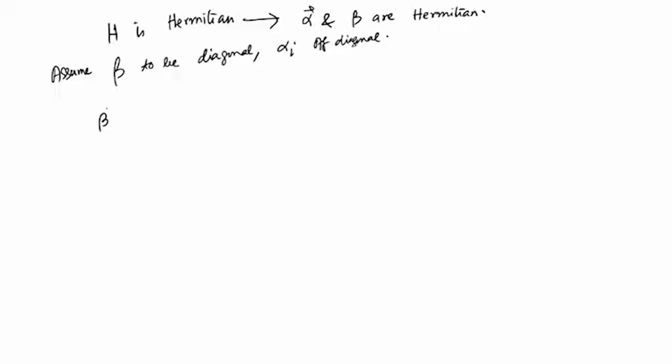Okay. So, the square of the matrix becomes unity. Beta square equals 1 and beta is diagonal, that tells us that beta has eigenvalues which are equal to plus and minus 1. Okay. So, if these are the eigenvalues, and beta being diagonal, so beta will have in its diagonal